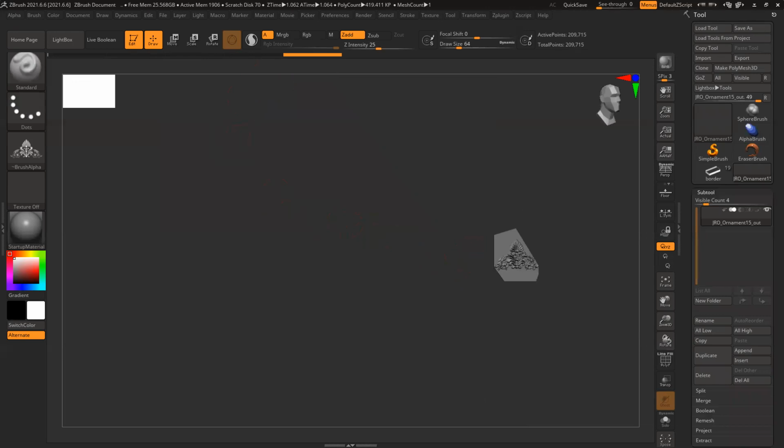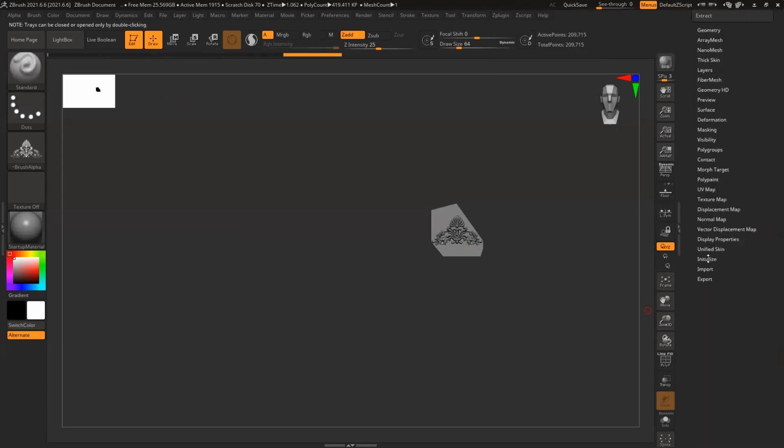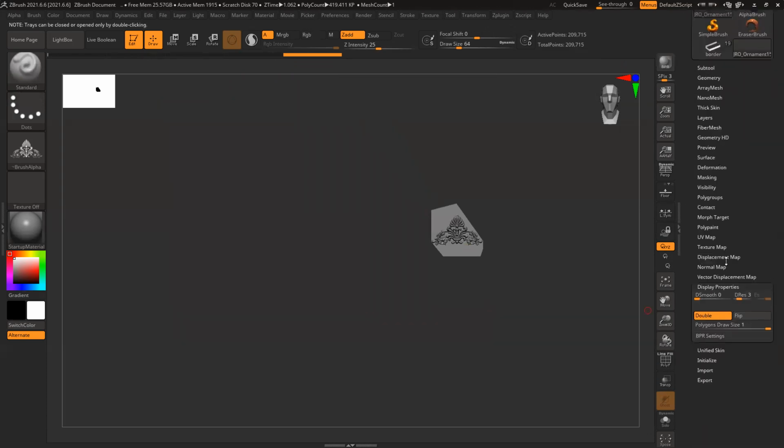What happened to this? I'll just make it double-sided display.